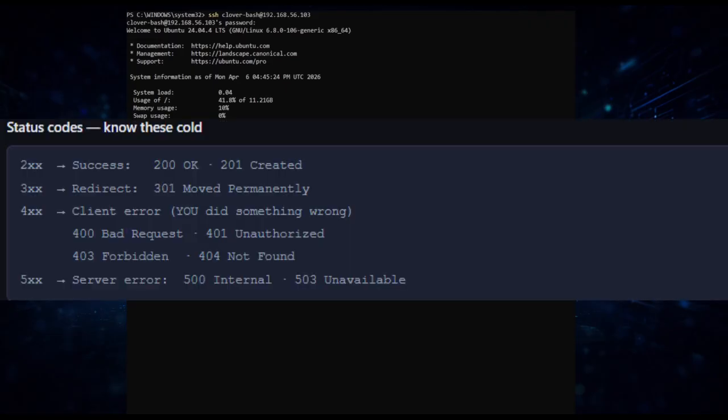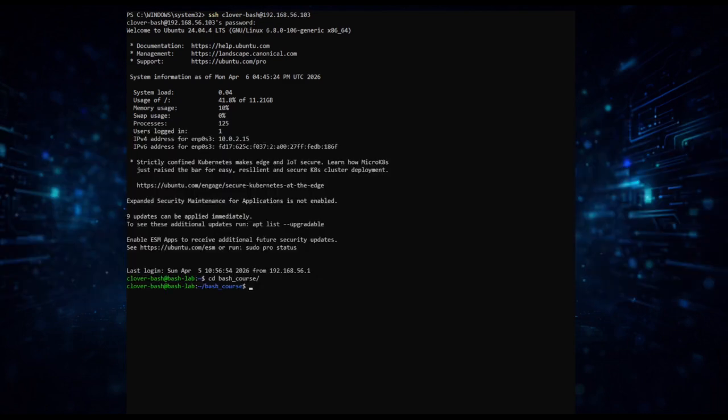So 401 versus 403 trips people up in status codes. 401 means you are not logged in at all. 403 means you are logged in but you do not have permission. In offensive security, that distinction matters. 403 tells you the resource exists and you are being denied, which is useful in